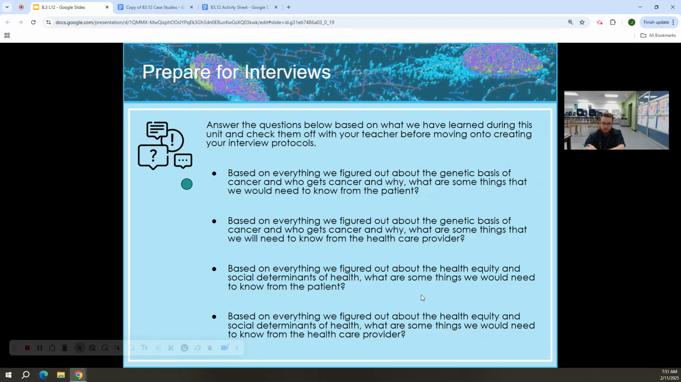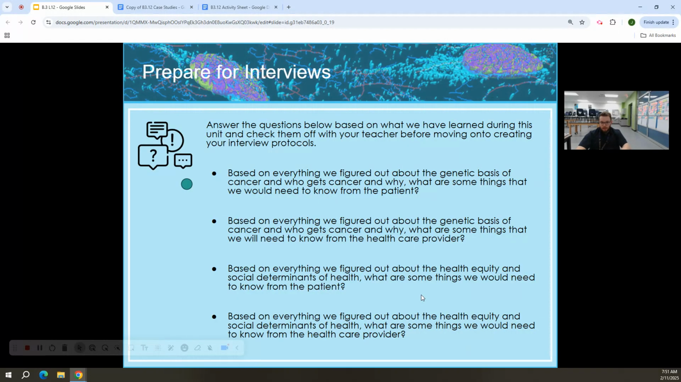Everything we figured out about health equity, what are some things we need to know? That's from this lesson. Based on what you read about different determinants that affect my access to healthcare, what are some questions I need to ask? Maybe about health insurance, the health insurance that they have, the health insurance that they don't have, where they live, how close they are to specialists, their geographic location, and then other barriers maybe to their ability to access